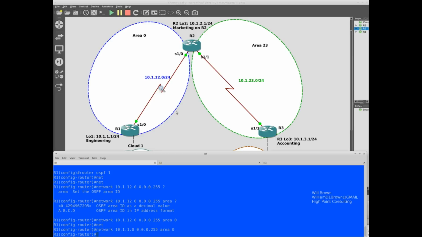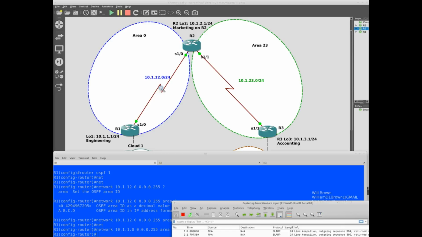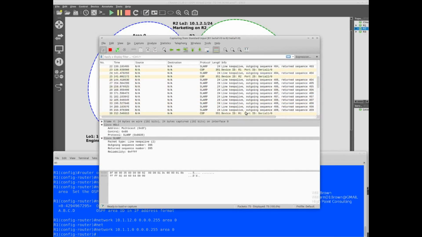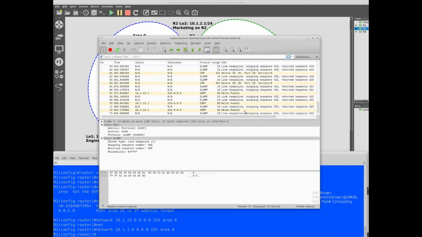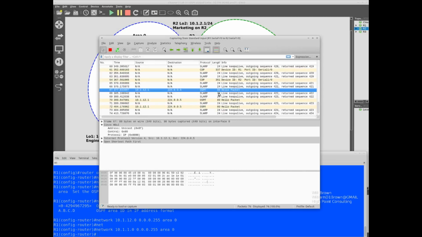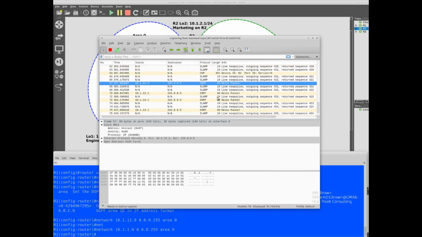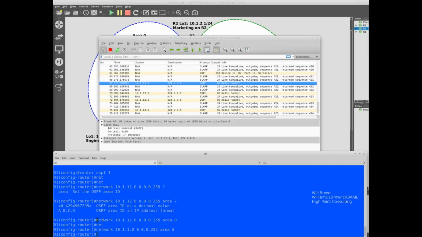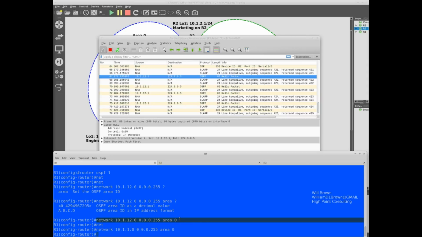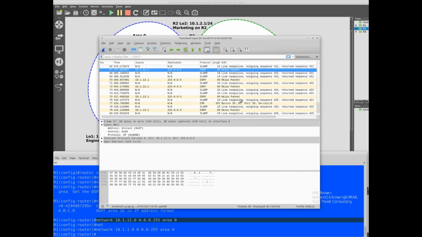Now if we go back over here and take a look, you see the hello packets are already going out from OSPF, and the first hello packets started once this network, 10.1.12.0 with that wildcard, went into area 0. Let me go ahead and stop that.